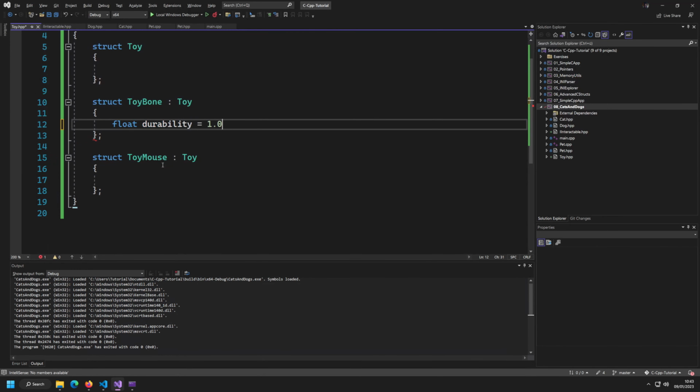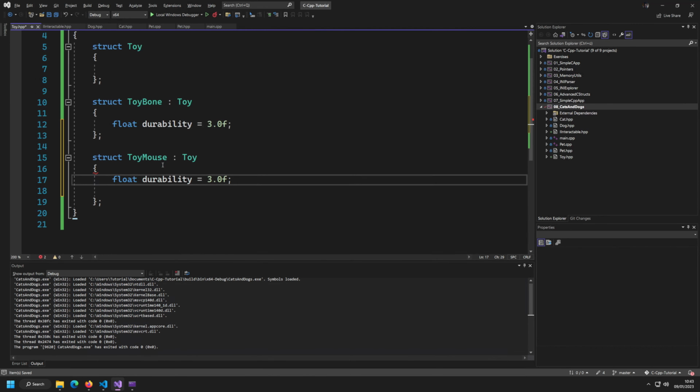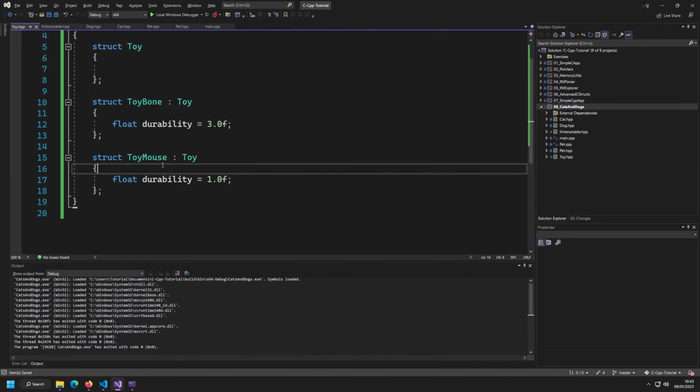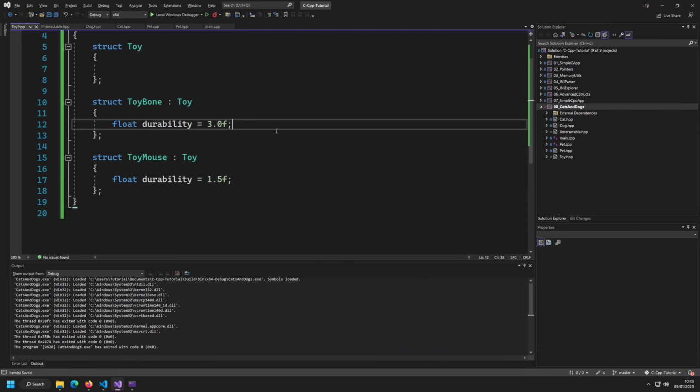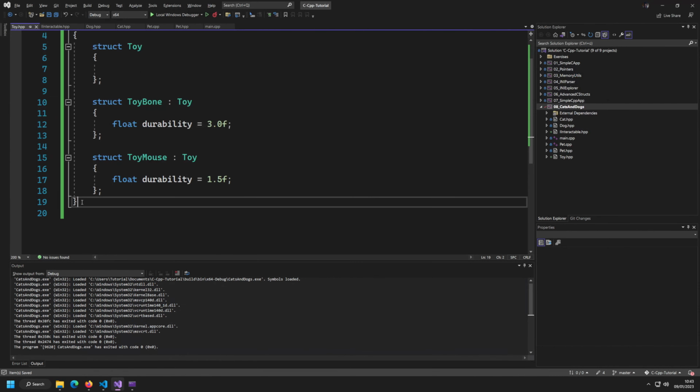Durability, and by default the durability is set to 1, but since a dog might interact more than a cat with its toy, because dogs like to chew on them, while cats mostly just bite it, except if they are young. If they are young, they really are into chewing on stuff as well, but let's maybe say the durability is 1.5, because dogs are probably going to be a bit more rough with their toys, depending on what kind of dog you have, but in general, they're also bigger, have bigger teeth and stuff